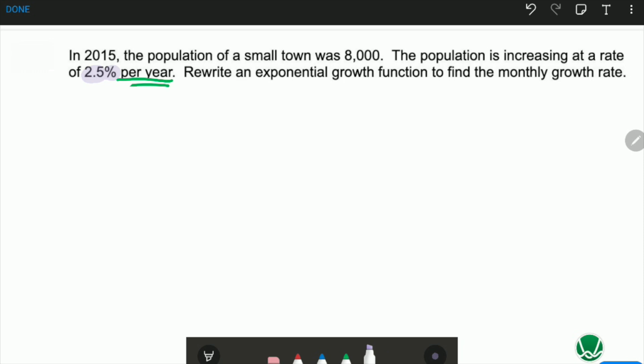Now the way we're going to be doing this to find the monthly growth rate is we're first going to start off by writing the equation. So y equals ab to the power of x. And next, fill it in. So our starting amount is 8,000. So y equals 8,000